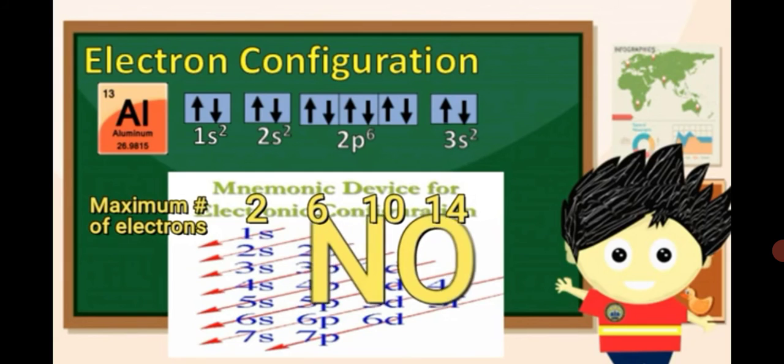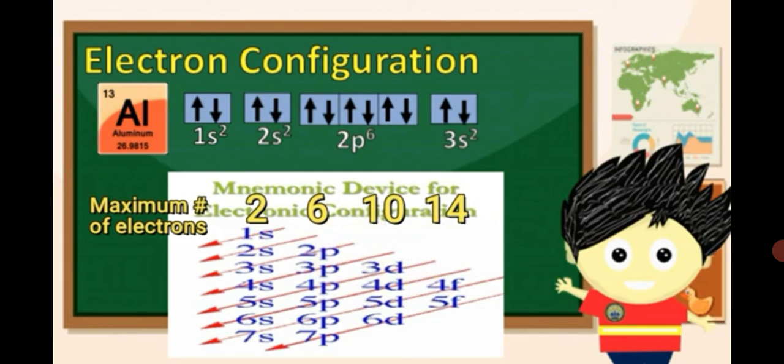Dahil tulad ng sinabi natin, kailangan ang total distribution of electrons sa bawat sublevels or orbitals ay equal dapat sa atomic number. Dahil nang tinotal natin ang kasalukuyang distribution of electrons ng aluminum, ito ay may 12 electrons na. Ito ay nangangahulugan na isa na lamang ang kulang, kaya ang kasunod ng 3s2 ay tama, 3p1. Kung babasahin natin ng maayos ang electron configuration ng aluminum, ito ay may electron configuration na 1s2, 2s2, 2p6,